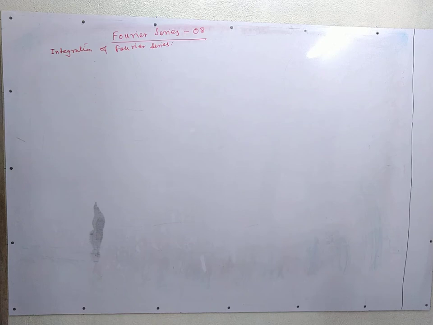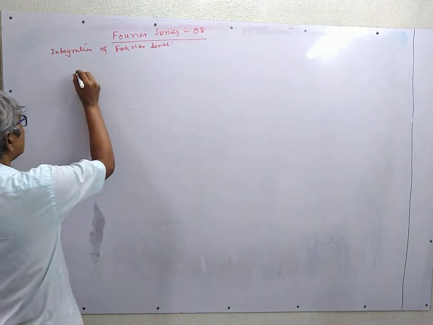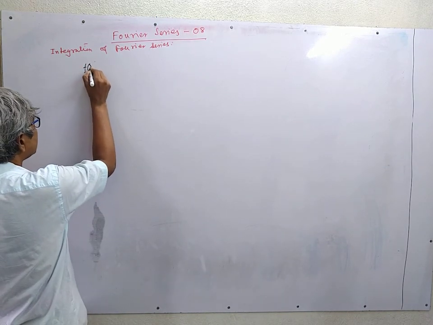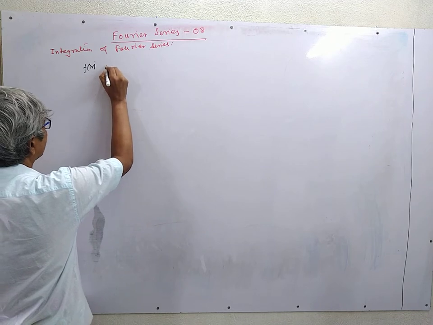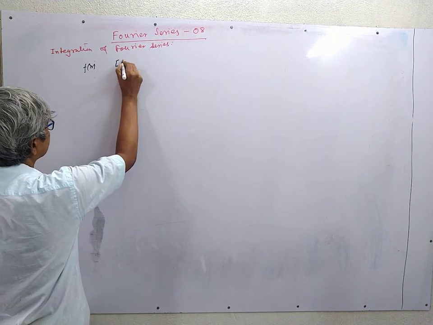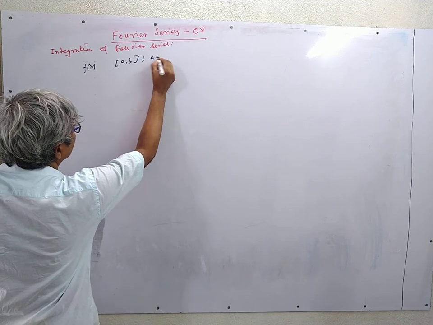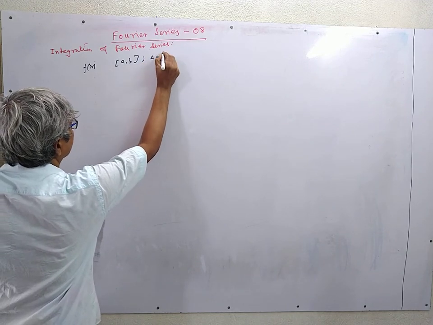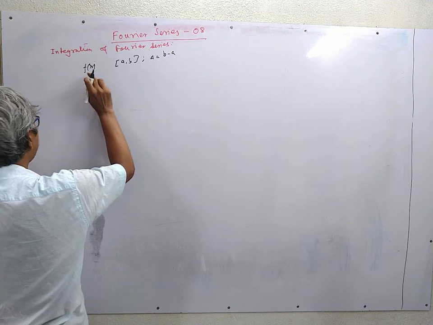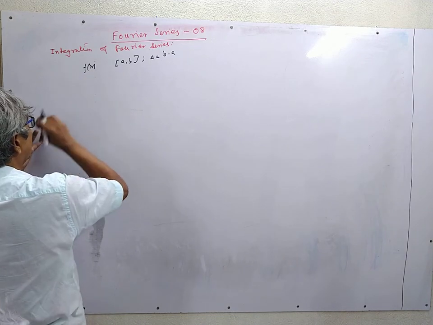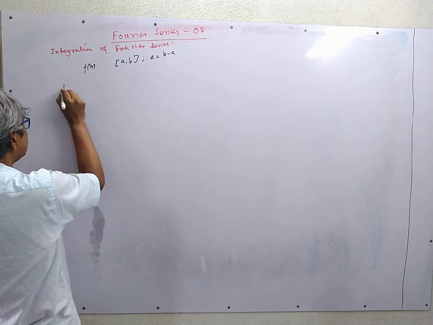In this eighth lecture, we shall consider the integration of Fourier series term by term. Let us consider a function f of x which satisfies Dirichlet's condition in (a, b), so that delta is equal to b minus a. Then we can expand f of x in Fourier series as